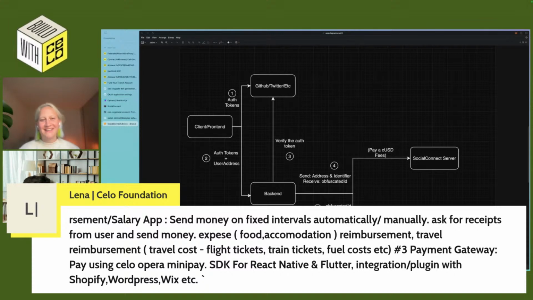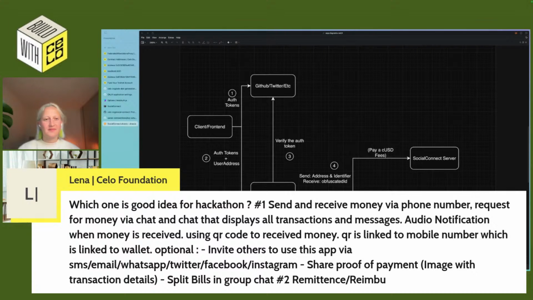Okay. Yep, I got it. So I can give an answer on this. So the first idea, technically, it is MiniPay. Like the idea of sending money and receiving, and then in chats you can send everything, eventually will be done by MiniPay. So it doesn't make sense to do everything. It's kind of a payments app. So all kind of transactions like scanning a QR code, sending to a phone number is by default a feature